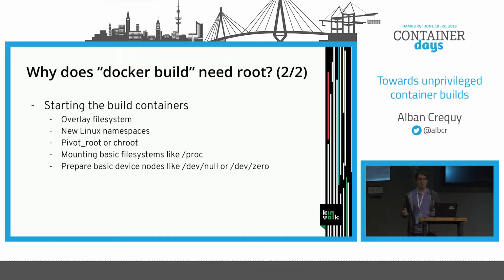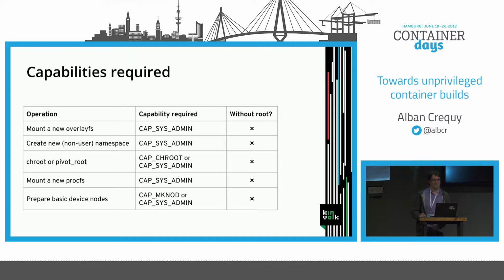And then most of the commands or scripts you run to build a container, they could be shell scripts or something else. Most of the time, they have some dependencies or they require some basic file system like /proc. So we need to mount /proc as well. Some other basic device nodes like /dev/null and /dev/zero, a lot of scripts depend on those to run correctly. So that's a lot of things which require privilege, and that makes it not trivial to build a container image